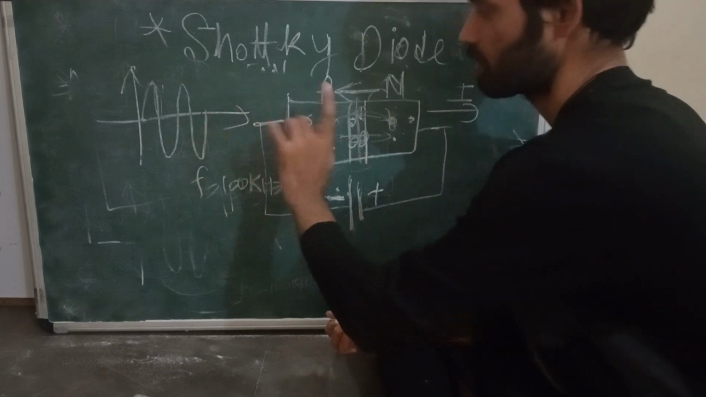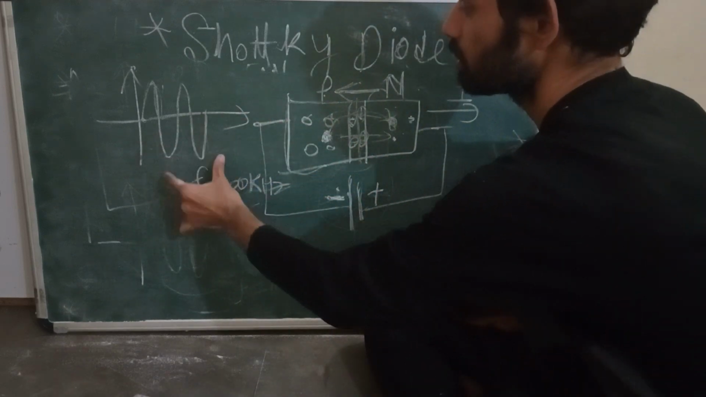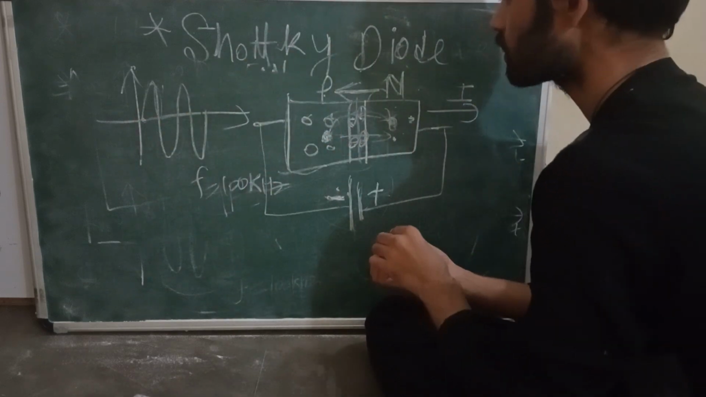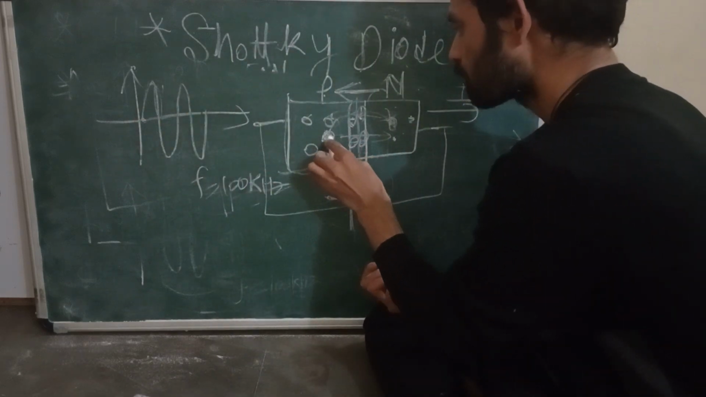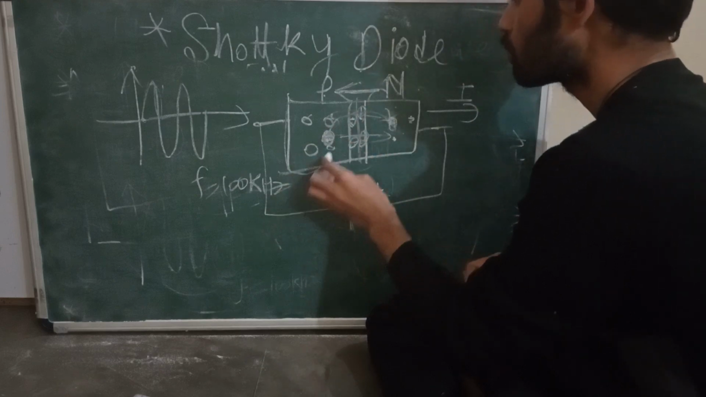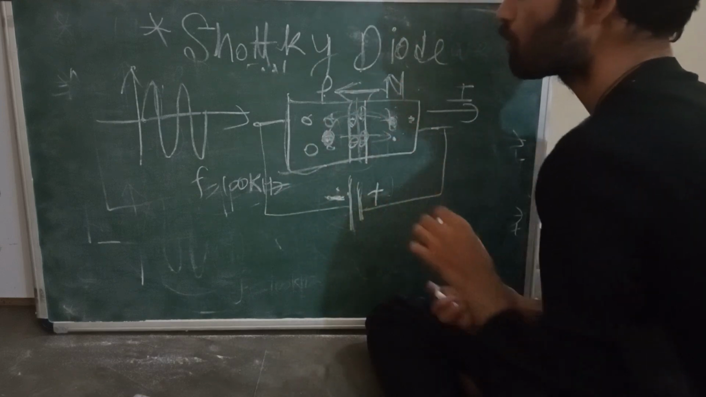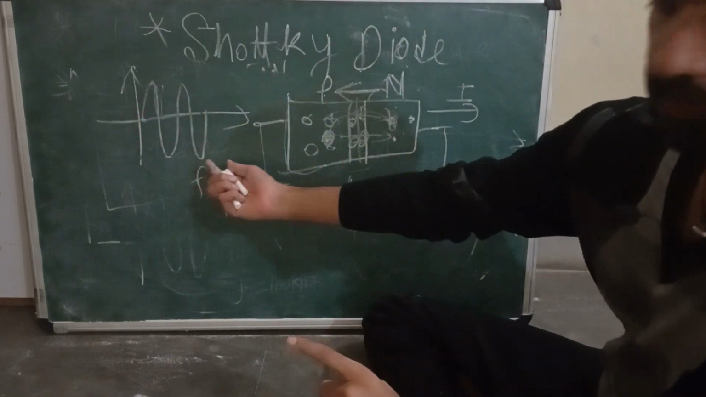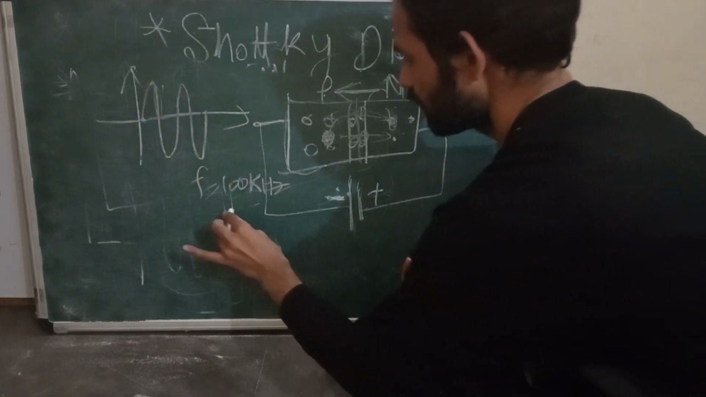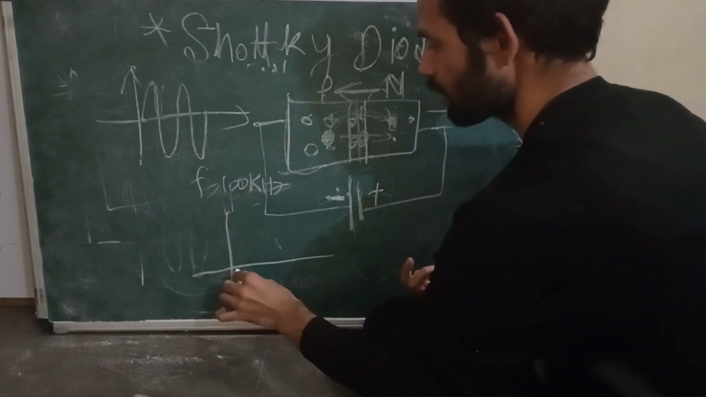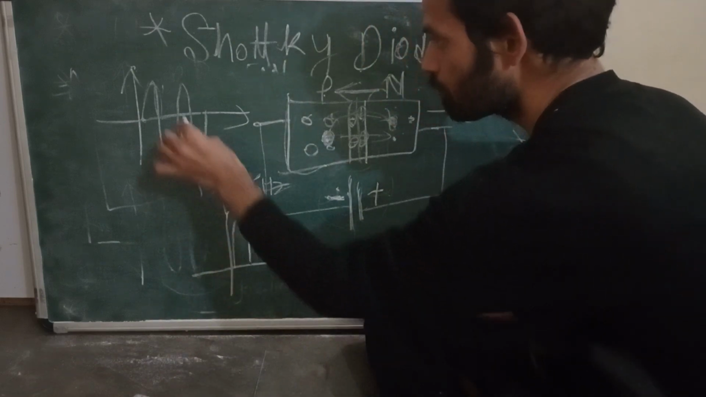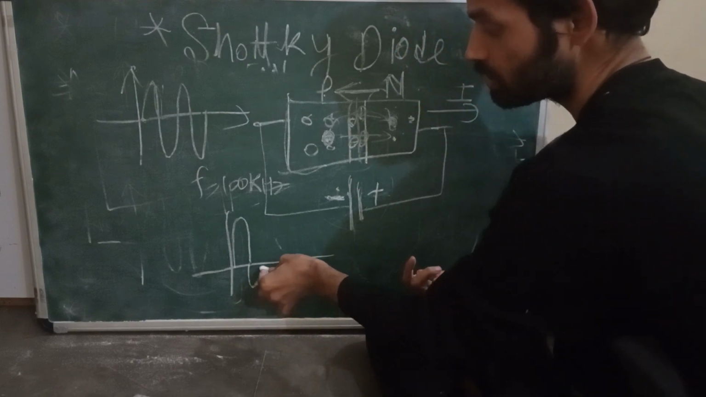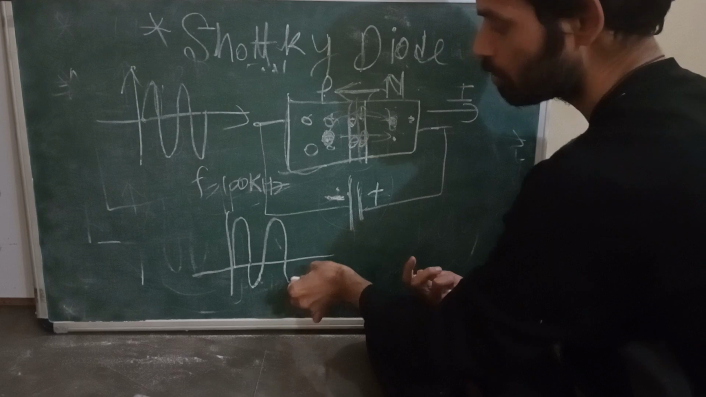That time is larger than the time period of this signal. So the time taken by this minority charge carrier to come back to its original position is larger than the time period of this signal. That's why, if you see at the output side, the waveform will come like this. During the negative cycle also